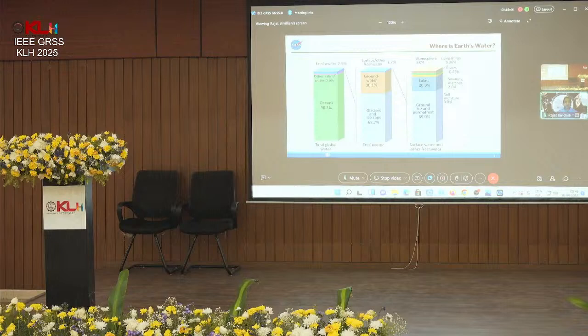So one of the questions that generally comes is, where is Earth's water? If you just look at the total amount of water that's there, roughly 97% of the water is in the ocean. A very small portion, which is just 2.5%, is actually fresh water. The rest is all saline, and fresh water is the only water that humans can drink, essentially, unless you do desalination and all that stuff. We're not going to get into that. Within the 2.5%,